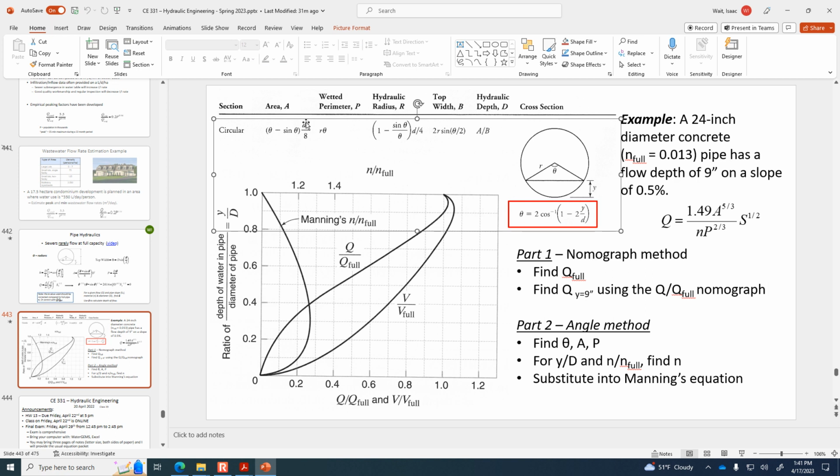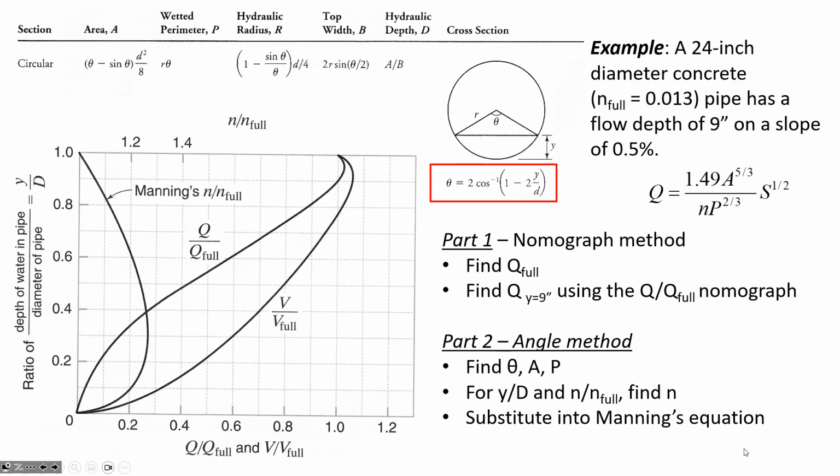So we know how many radians there is. Now we can substitute that into our equation for area, which we need, and wetted perimeter, which we need, because we're going to substitute those into Manning's equation. We need to know the area and the wetted perimeter here. So for example, the area is going to be theta minus sine of theta times d squared divided by 8. Isn't that strange that you've got the angle minus the sine of the angle, and that those two are going into the same function? I find it very strange. So it's going to be